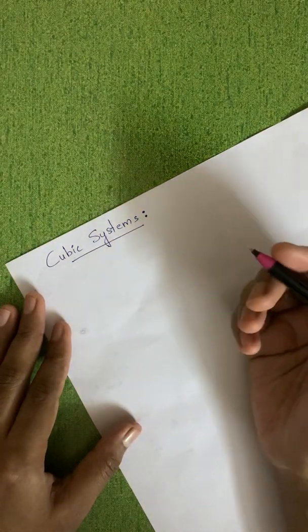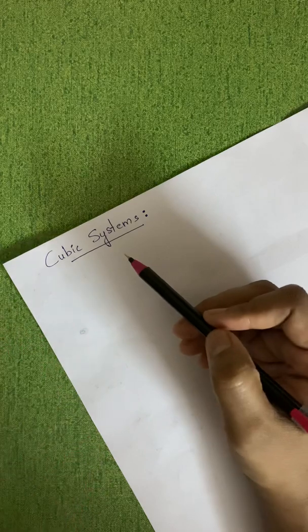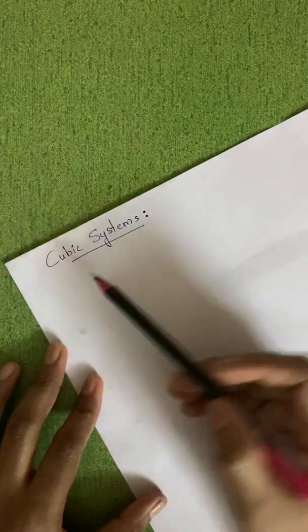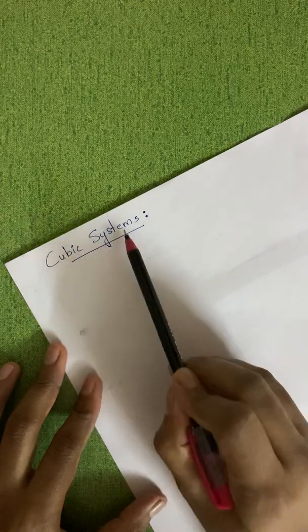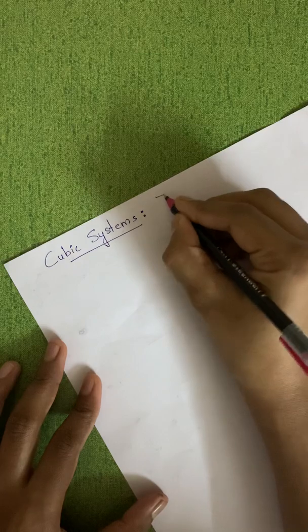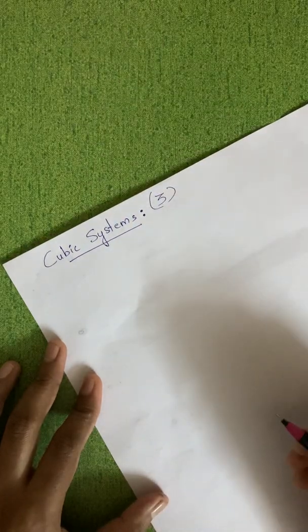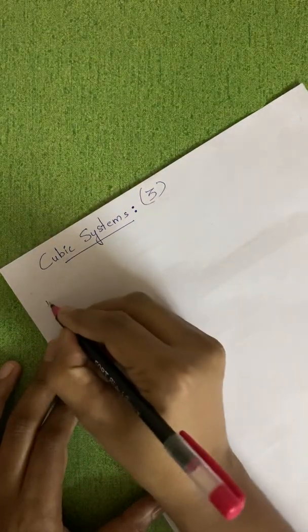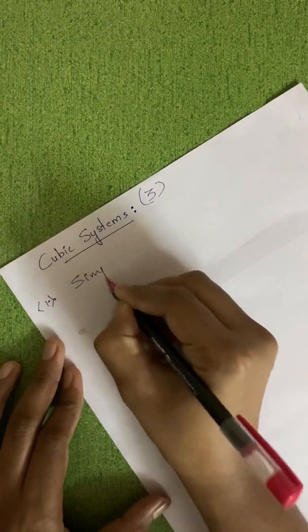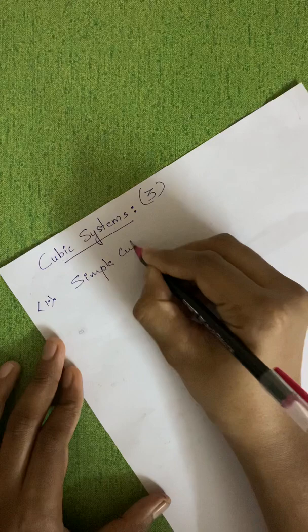Hello everyone. Last time we studied the types of unit cell and some crystal systems. So today we'll be learning the cubic system in detail. Now there are three kinds of cubic system. The first one is simple cubic